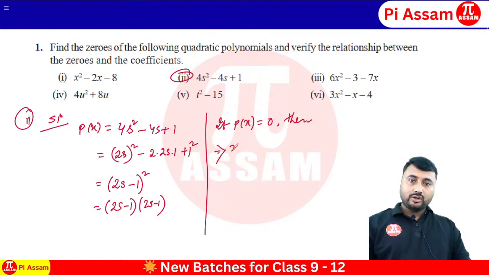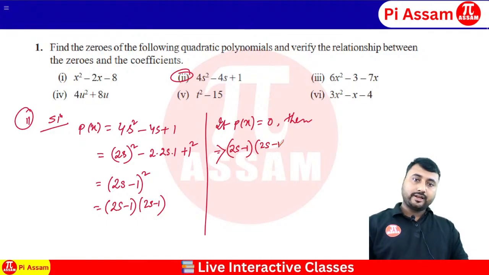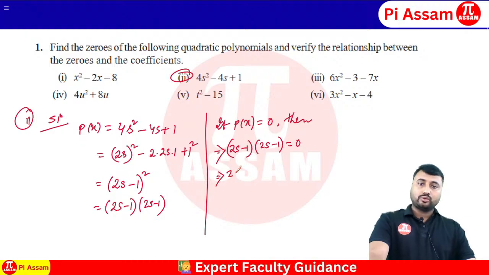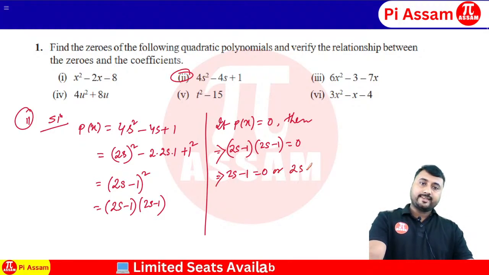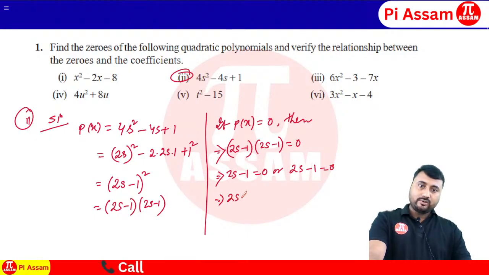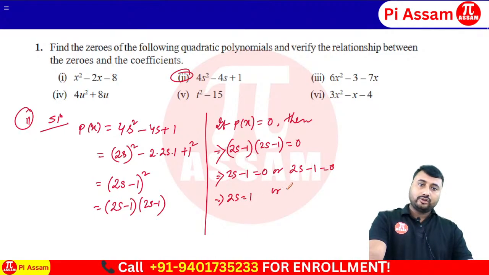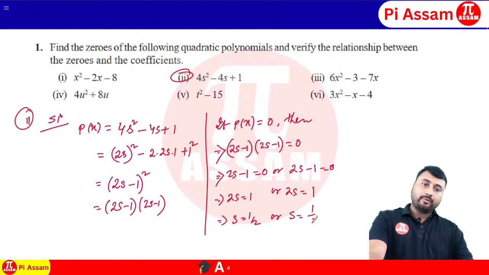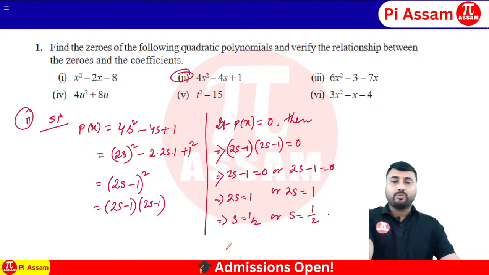Then twice s minus 1 whole into twice s minus 1 is equal to 0. So twice s minus 1 equal to 0, or twice s minus 1 equal to 0. Therefore twice s equal to 1, so s will be 1 by 2, or s will be 1 by 2. So therefore zeros of this polynomial